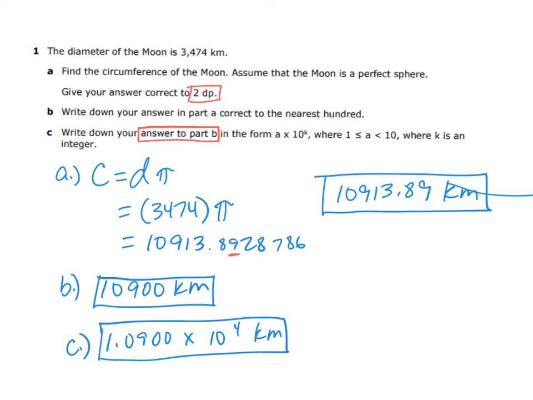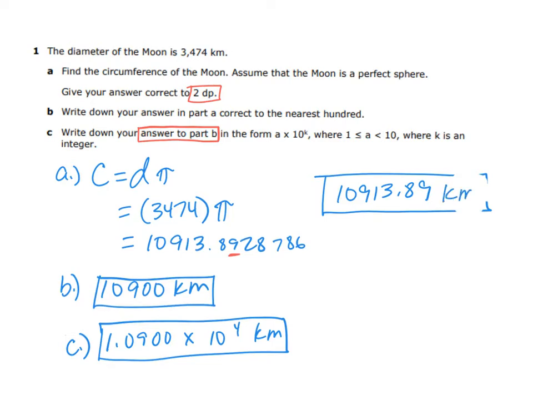So to find the circumference of the moon, I'm going to use the formula diameter times pi. We're given the diameter, so we multiply that by pi. This is what your calculator would show you. But since the directions said, let me erase this extra line here. Since the directions said,